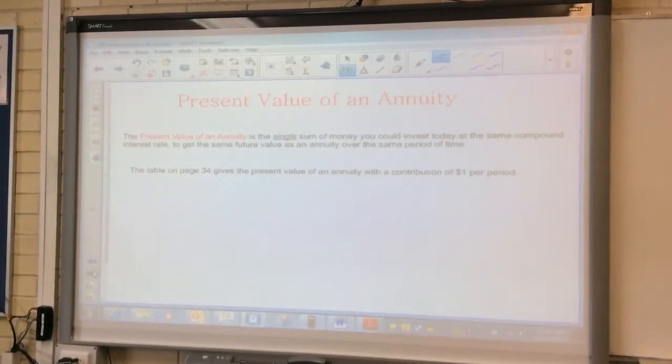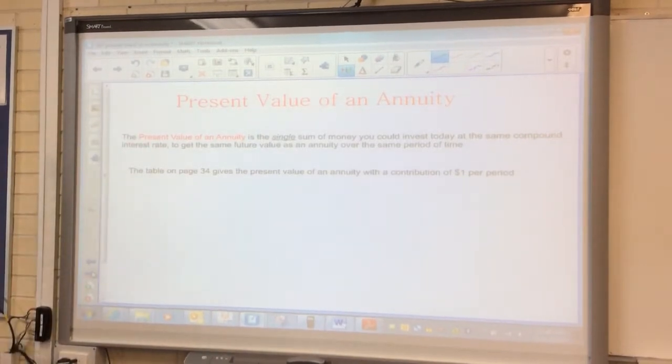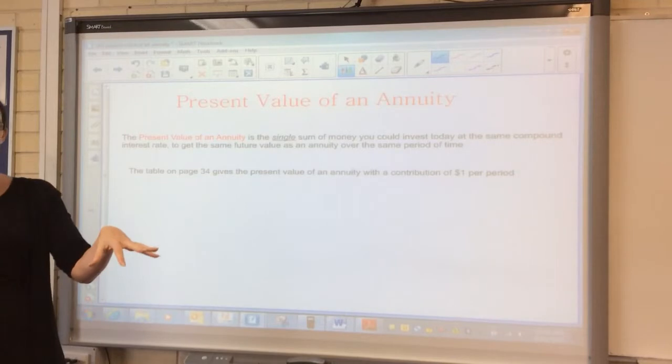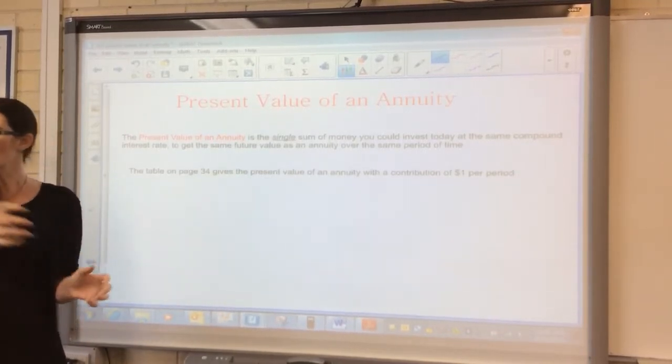Alright, so today we're looking at the present value of an annuity. We know what an annuity is, don't we? That's when we're putting a regular amount of money in over a period of time and we see what we get at the end. So the present value pretends that instead of putting in regular amounts over a period of time, what would it be if I just invested one lump sum right now, and it has to grow to